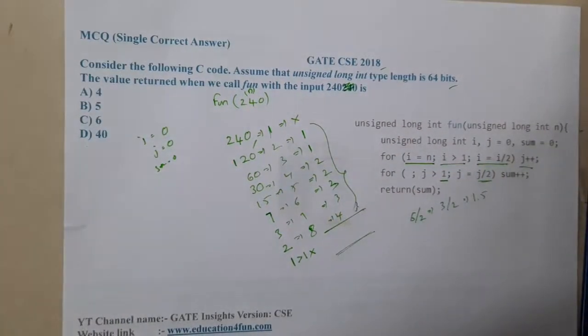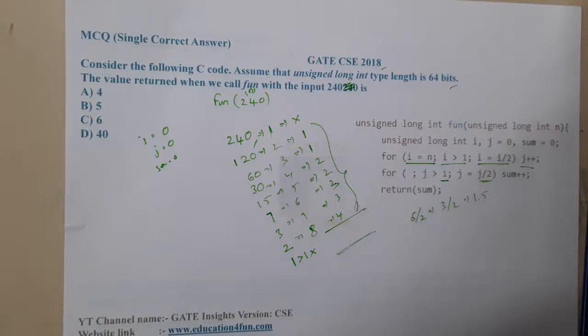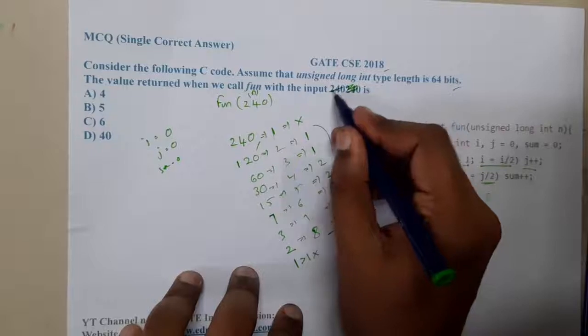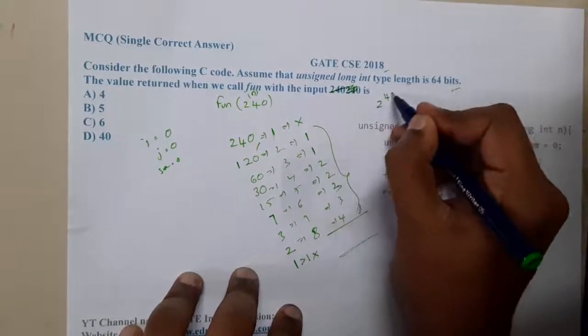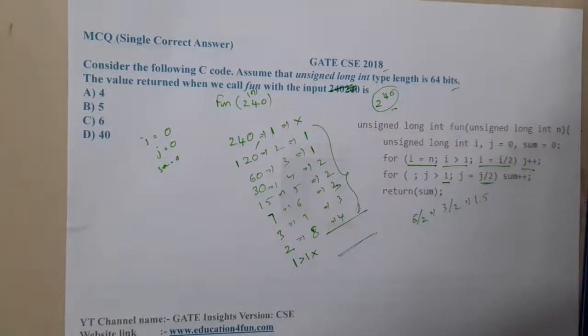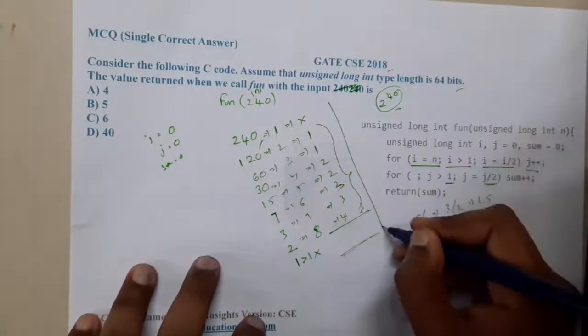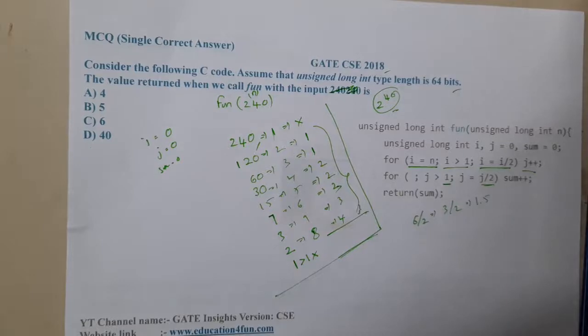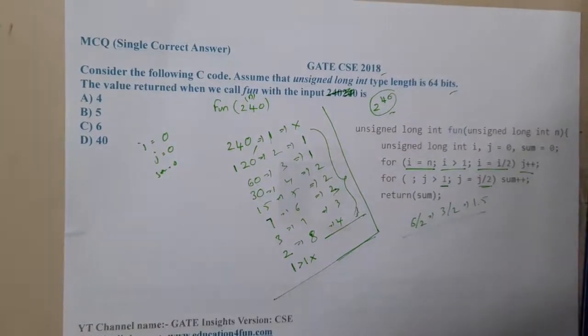answer, guys. But for a change, the question is not with respect to that. The question is here, it is not 240, it is 2 power 40. I have just checked the question, it is 2 power 40. That's my bad. So anyway, we have solved this till here, right? So let us continue in this lecture only. Why make one more lecture or redo the video? So let us continue here itself.